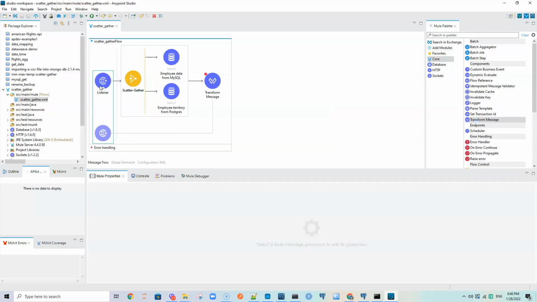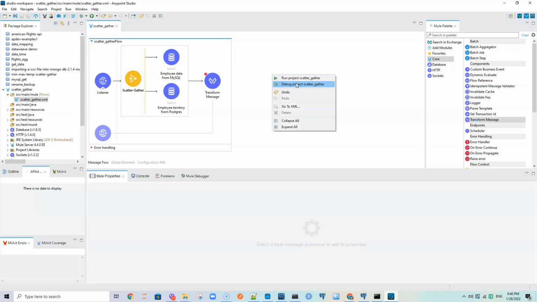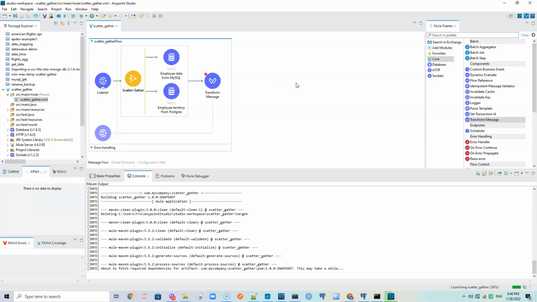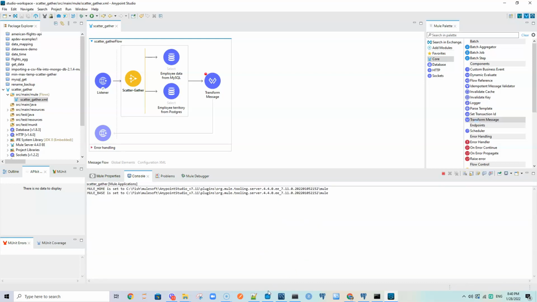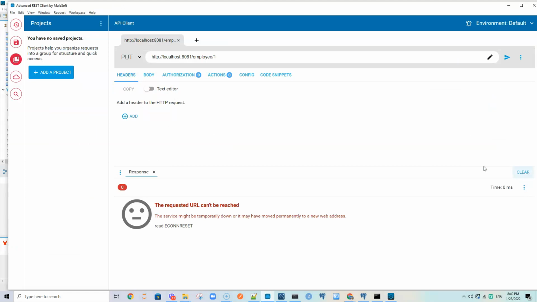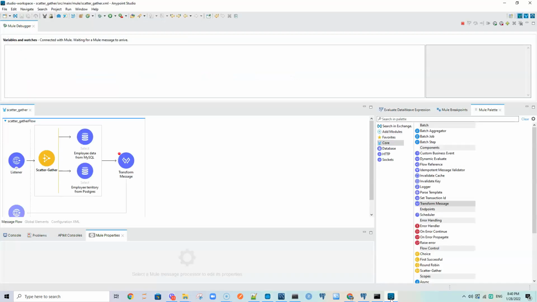So if I run this in debug mode, once it completes, then we are going to submit from here. I'm using Arc, the Advanced REST client, but you can use Postman also, it's the same. So we are going to submit this. So employee is the path and the URI param is ID 1, for example. I'll just submit this and we are going to debug it and see what the output in each stage looks like. Okay, if I go to console,